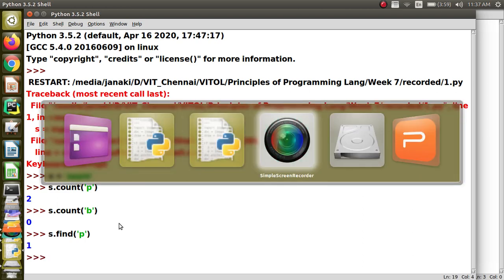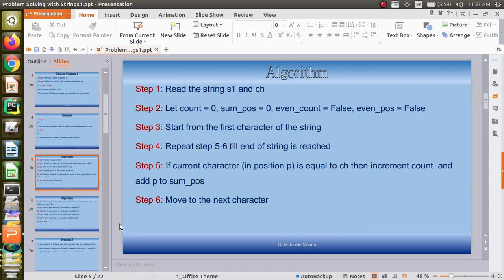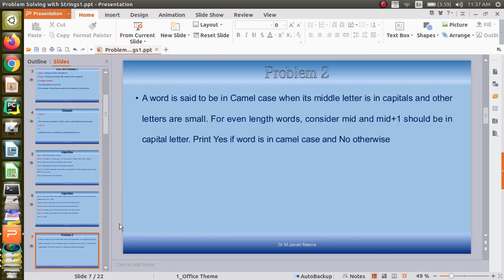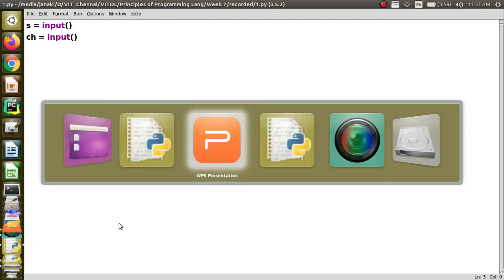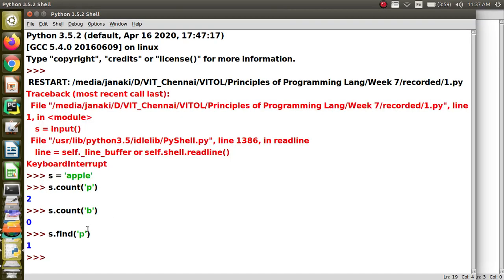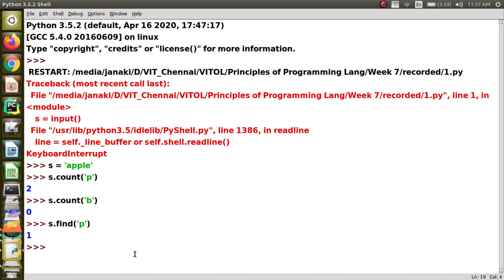It gives 1 because the index starts from 0, so s is at 0 and p is at 1. If you are using only one argument, find will always give you only the first occurrence, but I want to find all the occurrences of the character.